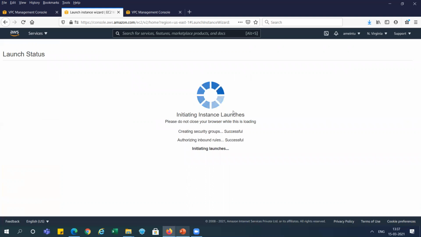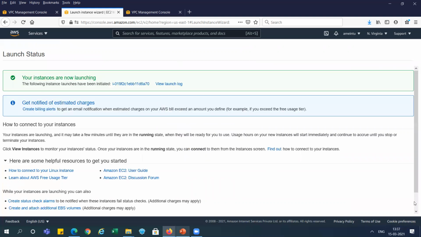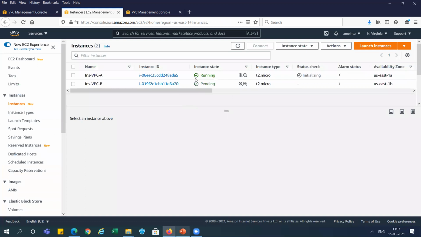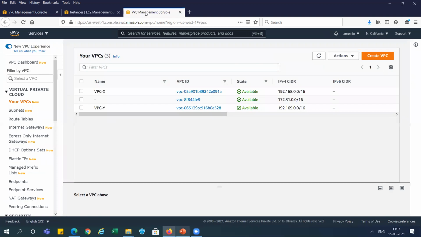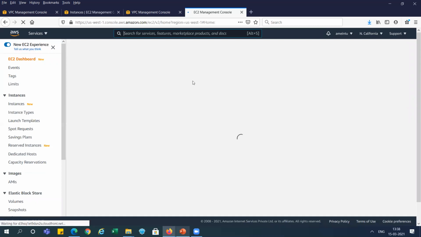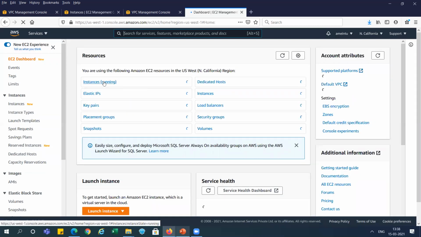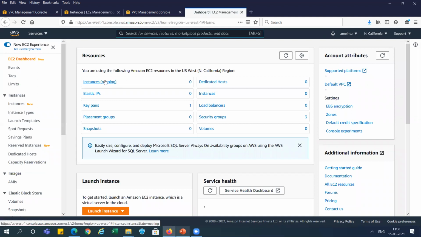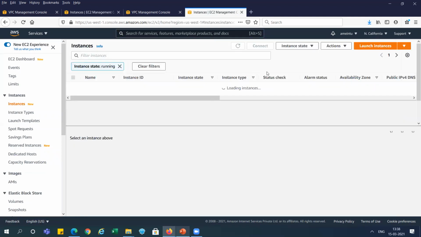Right? Now we have created 2 instances. I will show you this instance here. You can see this instance is created in the region of North Virginia, right? Now we need to go again and create 2 instances over in this North California, right? So I'm opening this one also. You can see we don't have any instance over there, 0, right? So just go and create the 2 instances over here.